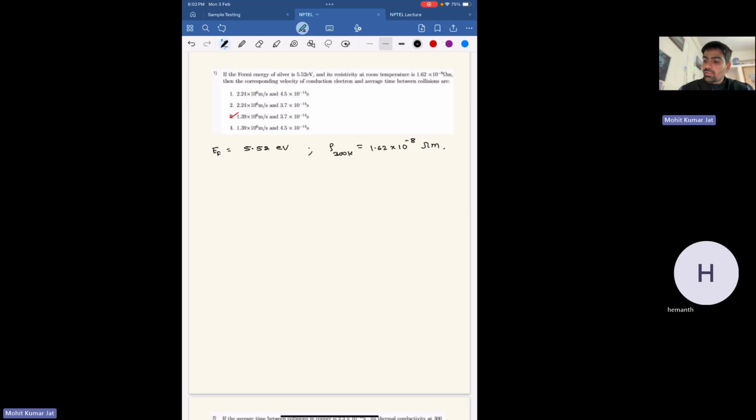And the question asks the corresponding velocity of the conduction electron and the average time between collisions. So this is asking,